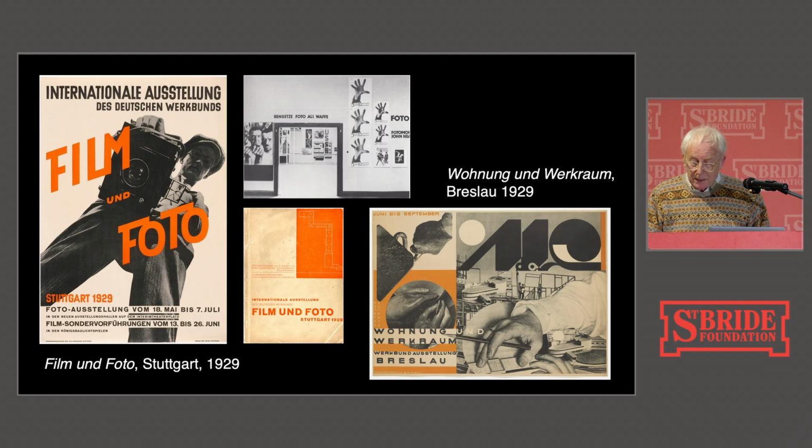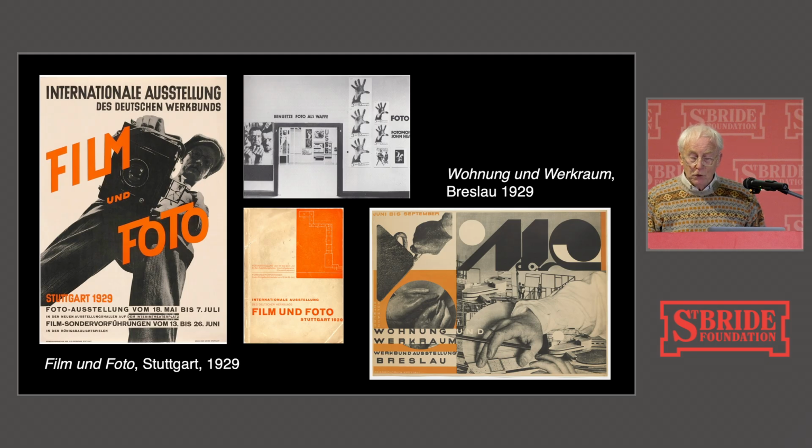Now, this is to say nothing of the activities of the Ring, the famous group, the Ring of new advertising designers set up by Kurt Schwitters and Robert Michel in 1927. They held exhibitions across Germany and the Netherlands to promote the new typography, but they were not seen by large groups. They were seen mostly by other practitioners.